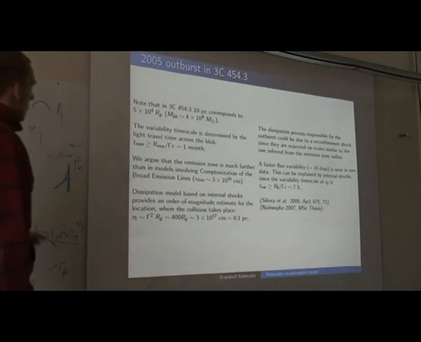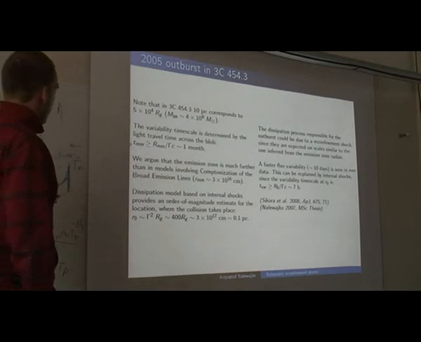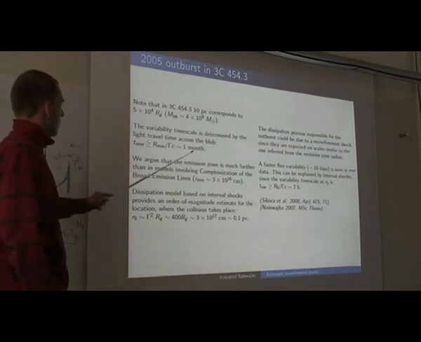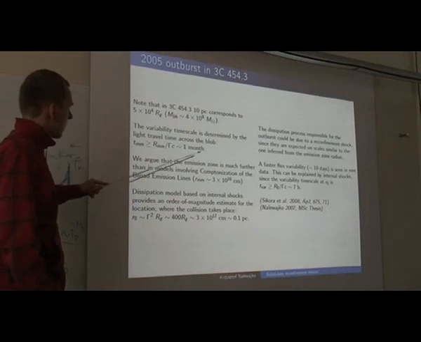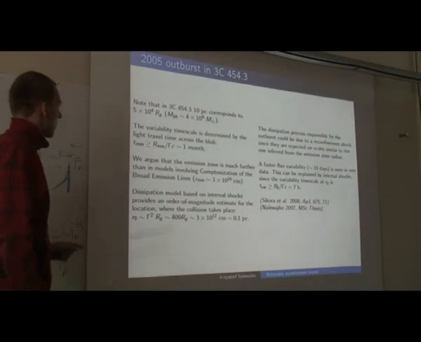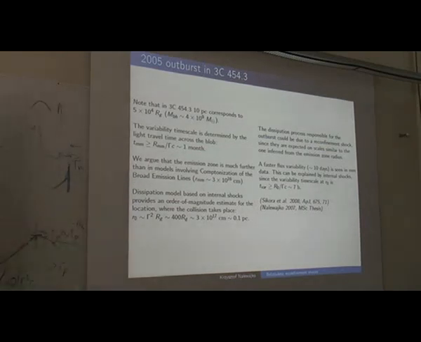and particularly because of its rather large variability timescale. The variability timescale estimated for our scenario, in which we place it at 10 parsecs, is about 1 month, but it could actually be higher, and it's observed on the timescale of 3 months.